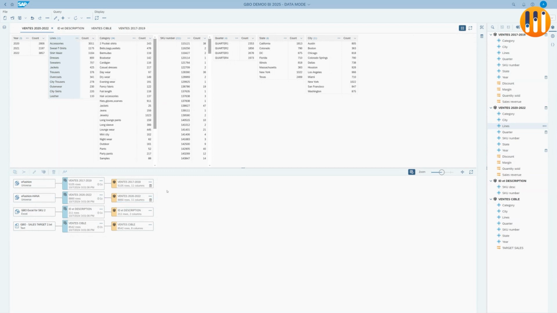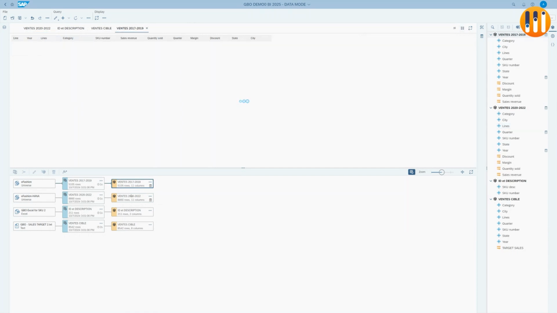The second thing you can do is synchronize your data. I mentioned it previously in my introduction. For example, here I have two cubes, two queries. One represents the sales for 2017 to 2019, and the other goes from 2020 to 2022. Why not create one cube with all the sales? Easy. I select the first cube, I select the second cube,